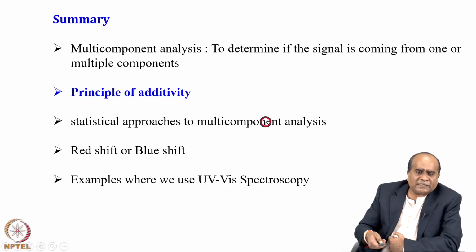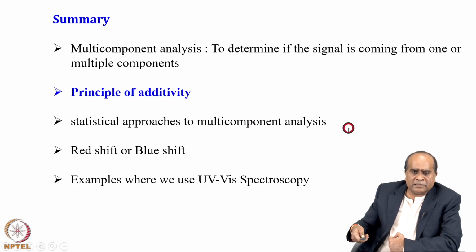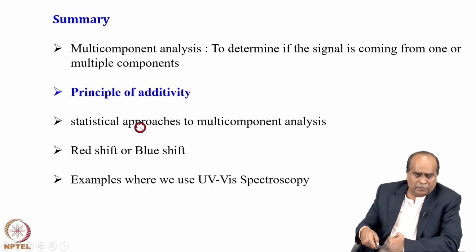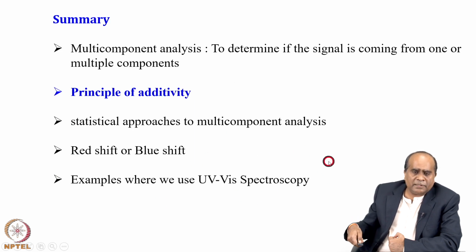And if the spectra are complicated, one can use a statistical approach for analyzing multiple components. We also looked at whether a red shift or a blue shift is happening depending upon binding. I also gave you some examples where we can use UV visible spectroscopy for drug discovery, for diagnostics,